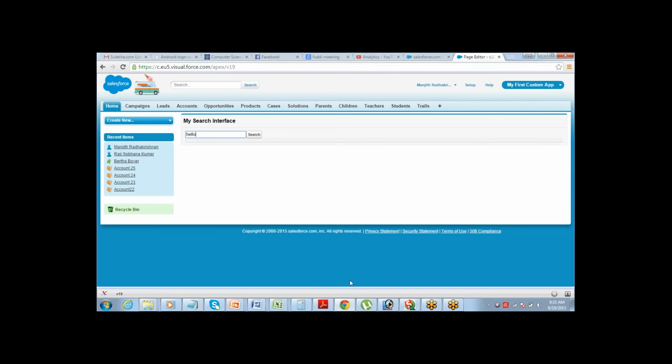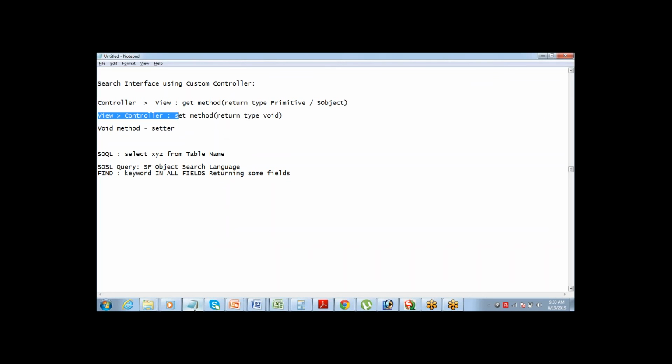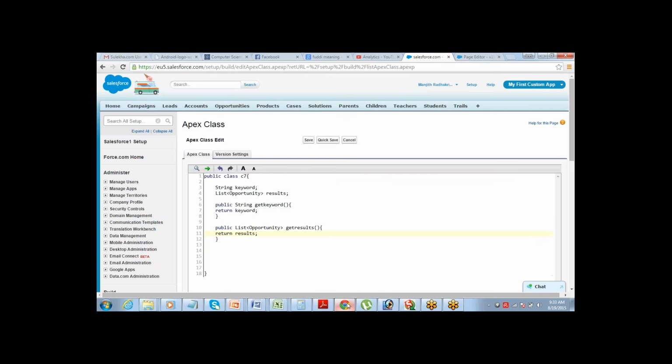Rest everything is done. Jit, I'm getting a bit confused. Can you just repeat it? Which part? Tell me. What was the last thing you could understand? Oh, the setter method which you mentioned.